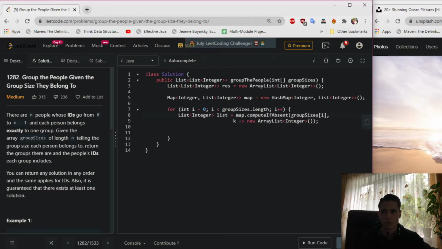We put this key and value into that map, and then we say list.add